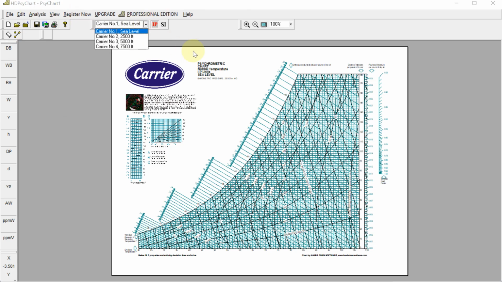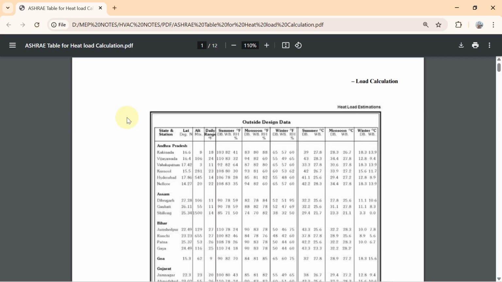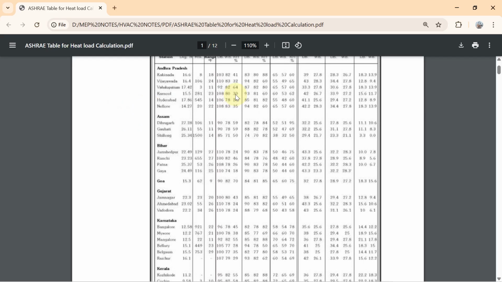Now the question is why we are using this software. Remember, if you know any two properties of air, outside or inside the room, you can easily find out the remaining properties with the help of this software. How? Suppose, for example, you open the ASHRAE handbook, where the outside